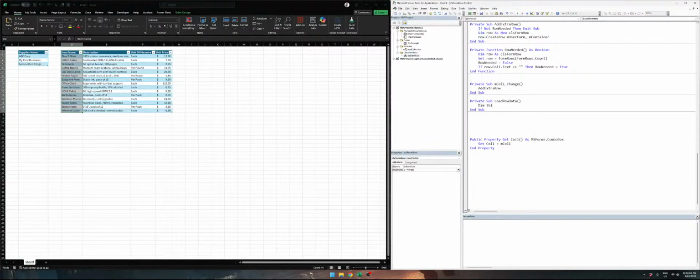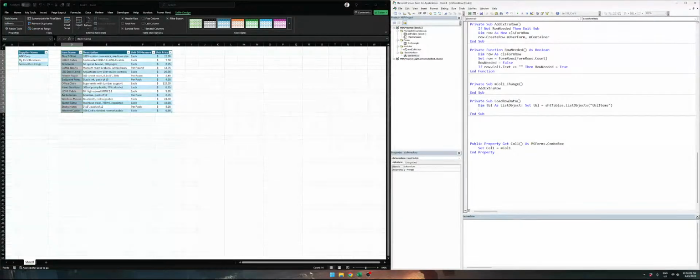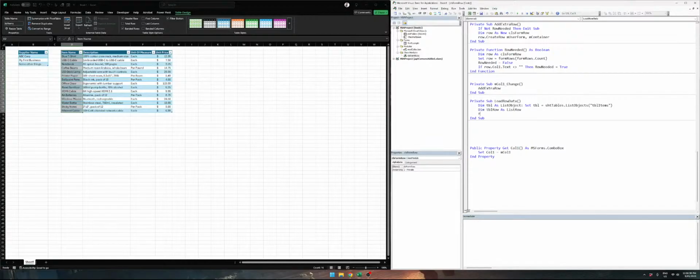So we'll reference that table. So list object, set that table equal to, we have it named our sheet, sheet tables. Sheet tables dot list objects, and this is going to be our items table. So that table there. And then we're going to loop through the table rows. So table row as list row. And for each table row in table.list rows,